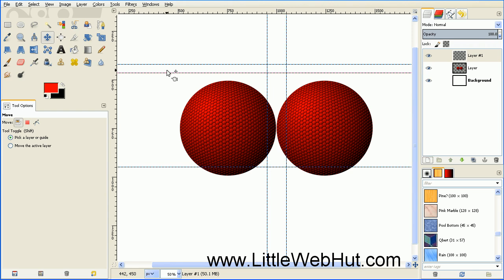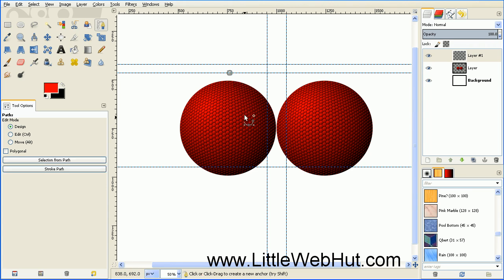And then next, select the Paths tool, and then go to approximately the center of this left eye, and then go up to this first line here, click and release the mouse button, and then come down to this bottom line where it intersects the eye, and click on that one time, and then go to where these two lines here intersect, and click, and then go to where these two lines intersect, and click again,